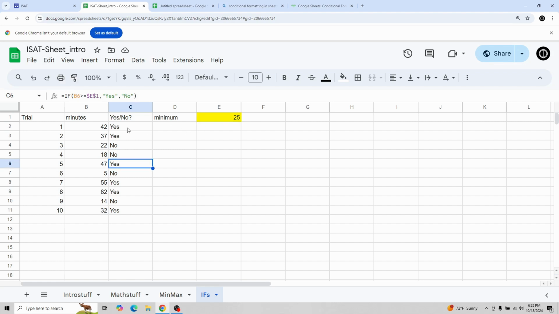Okay, so with this, I've got a whole bunch of yeses and nos. We can see 42 is greater than or equal to 25, so yes. Same thing with 37, and now 22 is not greater than or equal, so it returns no. And we've got that automatically updating. Now, you could have just put in the value 25 instead of E1,